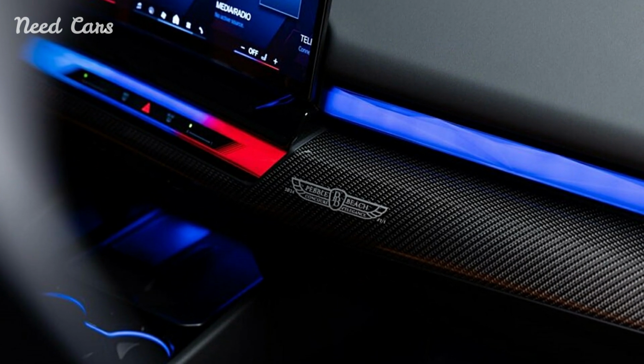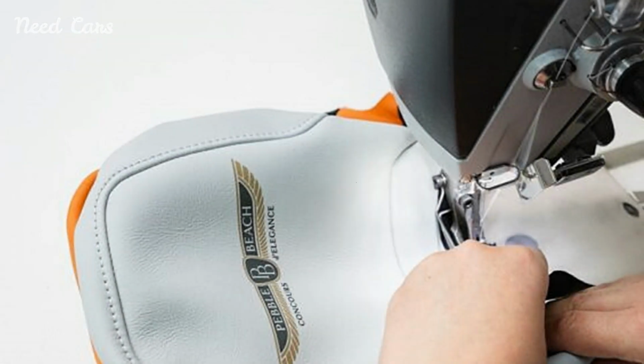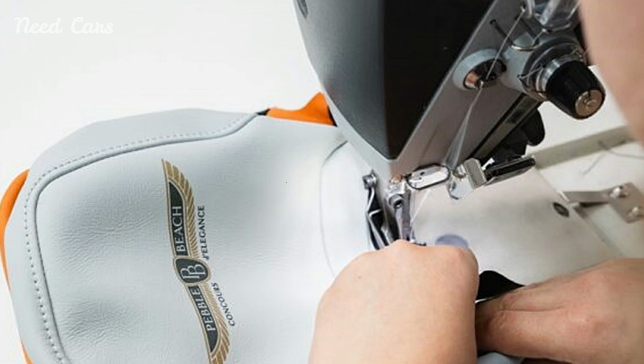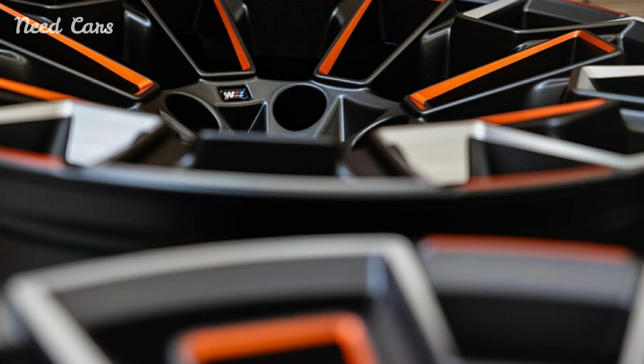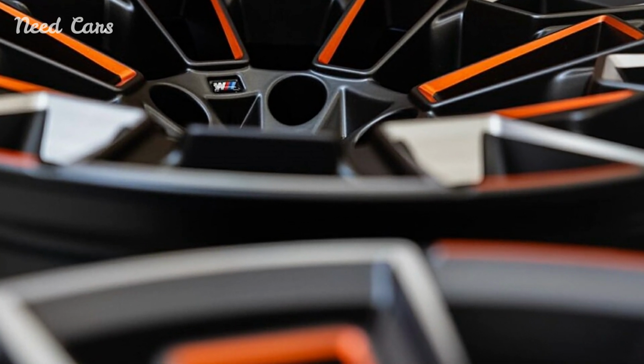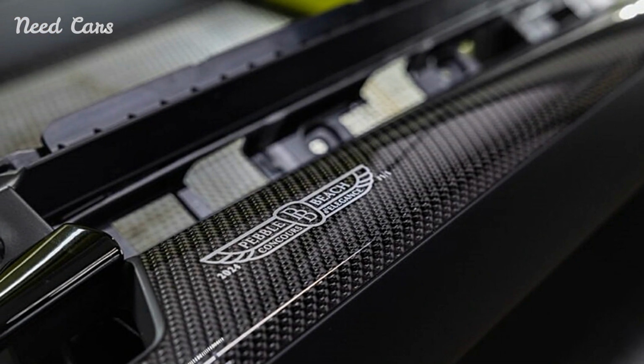BMW has equipped this special M5 with its latest driving dynamics technology to ensure an exhilarating driving experience. The car features an adaptive suspension system, active rear-wheel steering, and a sophisticated all-wheel drive setup. These technologies work in harmony to provide exceptional handling and stability, making the M5 a joy to drive on both